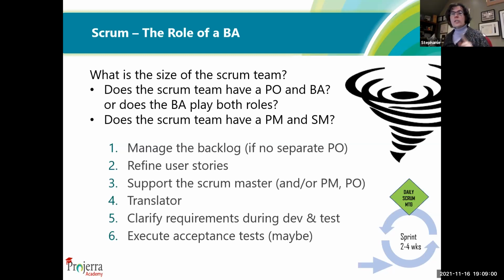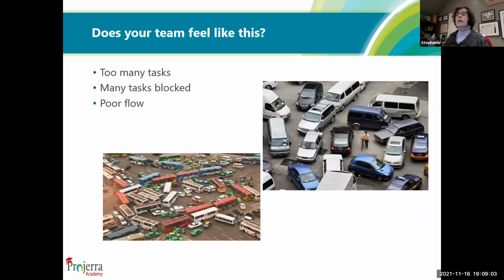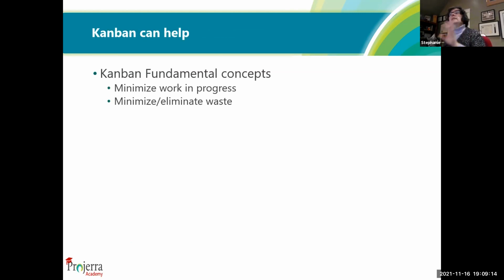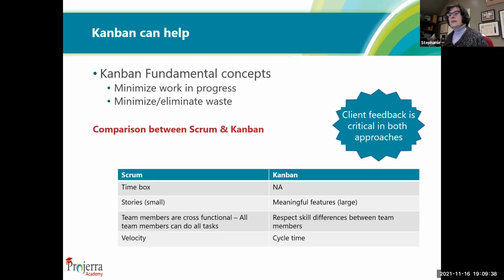Now, closely related to Scrum, but a different methodology is Kanban. A lot of teams kind of feel like this. They got too many tasks. They're going every which way, but Kanban can really help. Because Kanban is about eliminating work in progress and it's about eliminating waste. How many times do you get caught working on a specification and then, well, okay, I have to park this over here and I've got to work on this one today. I'm juggling about 5 different things at work right now, and everyone is a different priority every single day, and it's like my head is spinning. But with Kanban, you're eliminating all of that work in progress and you're working on one thing at a time.